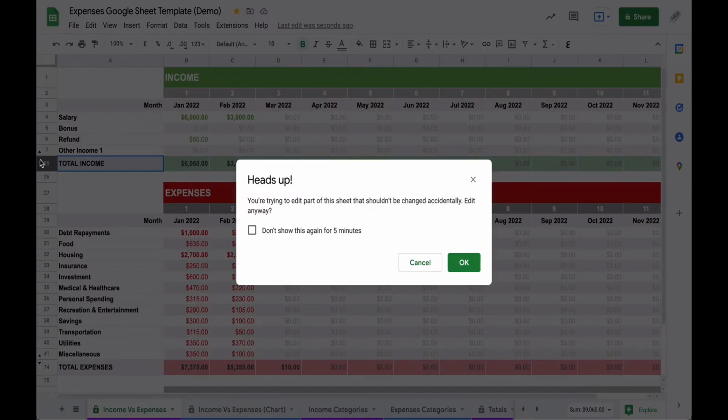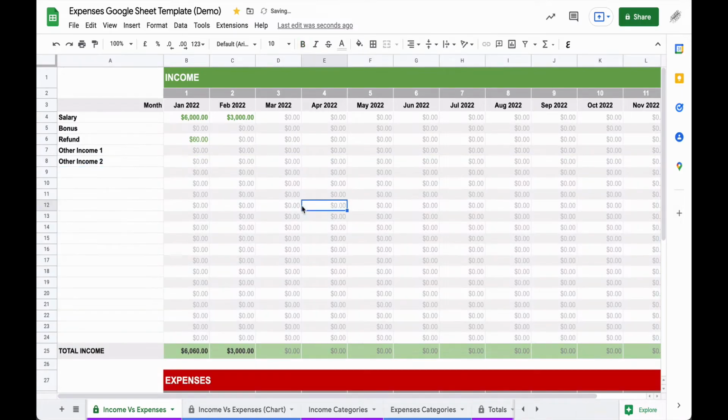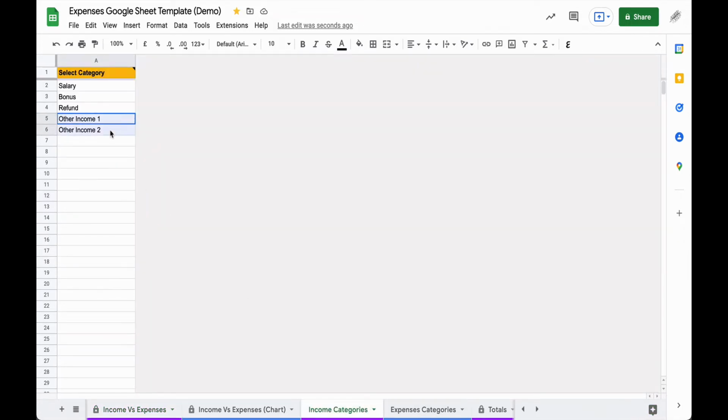So you click here. If you're making some changes, you can do this, but just be careful you don't delete the formula. Maybe it's better to not do that actually. Just keep it like this, but press OK. So now you can see other income 2 has been added. And if you want to add more,